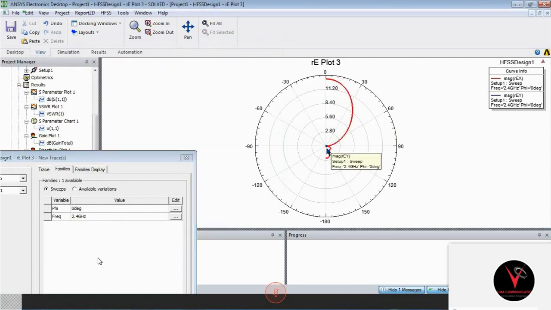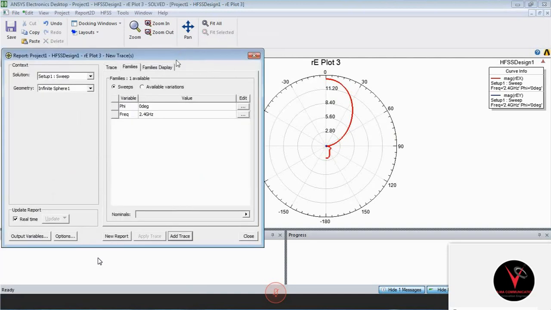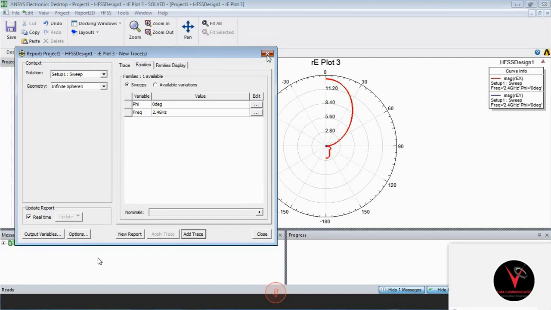In the Y direction, we got the ideal condition as 0, because our antenna is placed in the 90-degree direction. The 90-degree direction means our Y plane is always at 0, so we got a 0 axis, a 0 plane. That's why the EY magnitude is 0. That means the imaginary part is 0, so we got only a real part. So this is the E plane, EX and REX and REY analysis. These are the basic things for the antenna analysis.